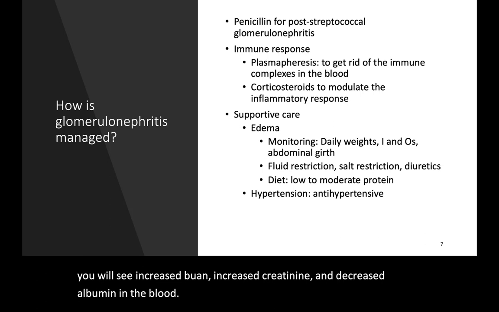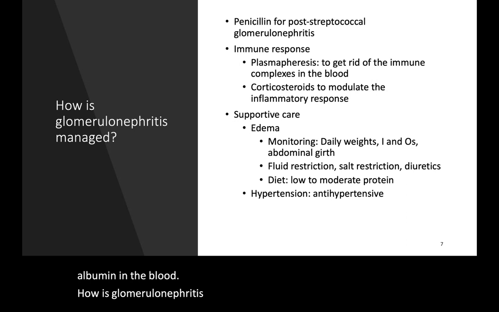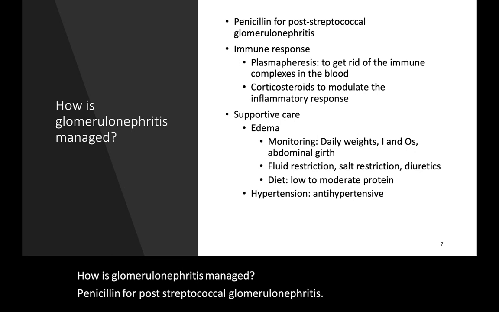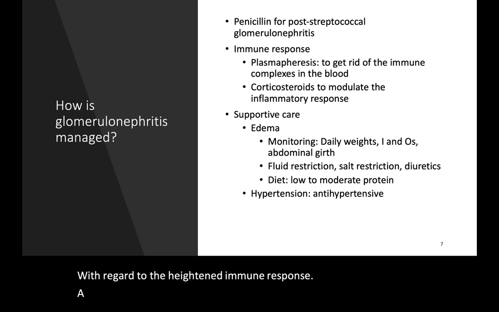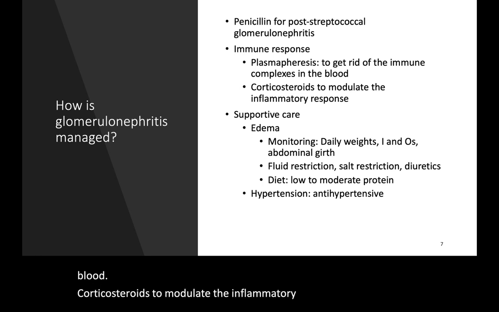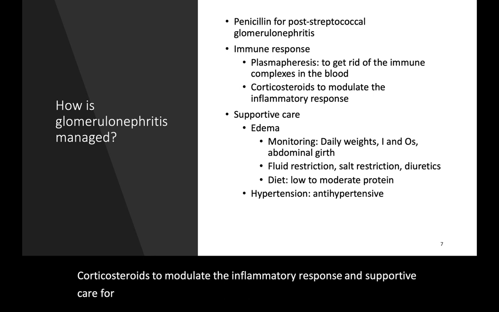How is glomerulonephritis managed? Penicillin for post-streptococcal glomerulonephritis. With regard to the heightened immune response, plasmapheresis may be done to get rid of the immune complexes in the blood. Corticosteroids to modulate the inflammatory response, and supportive care for edema like monitoring through daily weights,